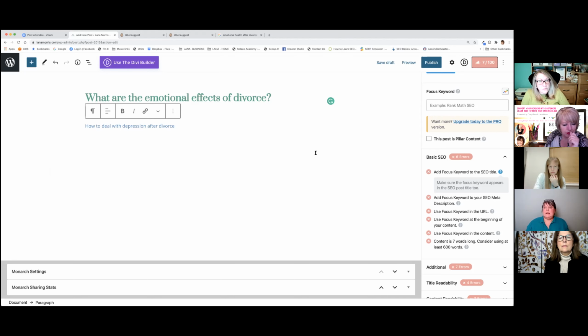Now, as you'll see on the top right-hand corner, we've gone from a rank of 1, we've now moved up to 7, just by adding in that particular keyword, and your aim is to actually get to 80. So this is like a traffic light system on Rank Math, slightly different on Yoast. But essentially your job is to hit 80, and this is where I have to say you can get a little bit competitive,